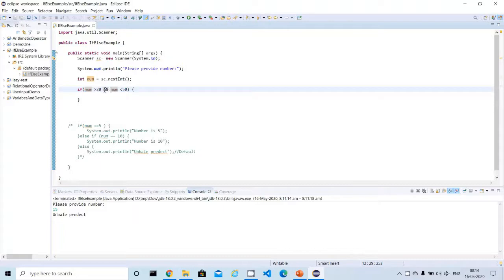So basically whenever you are using the logical AND operator, the left and right side results should both be true, then only it will execute, else it will become false. That's the way you can use the logical AND operator: if both the left and right conditions are satisfied, then only the if condition will be executed. So that's how this logical AND is useful. Okay, so in this case what I'm going to write,